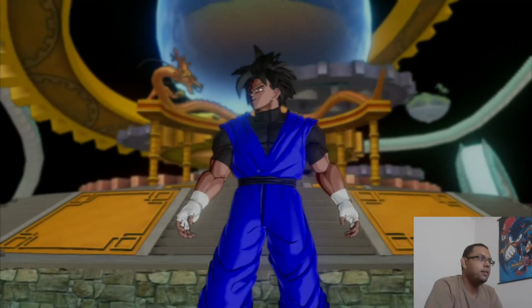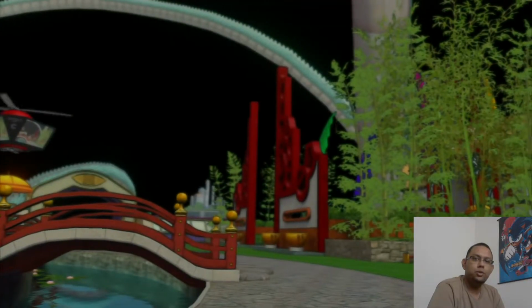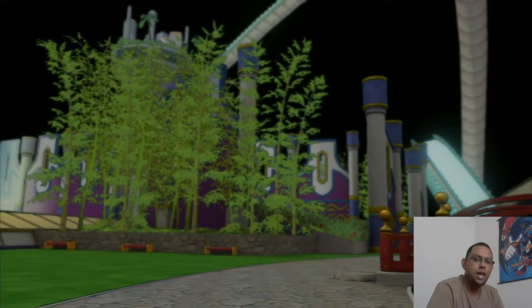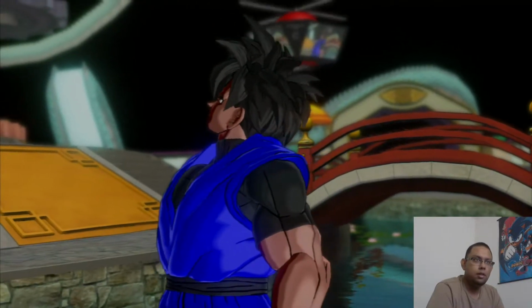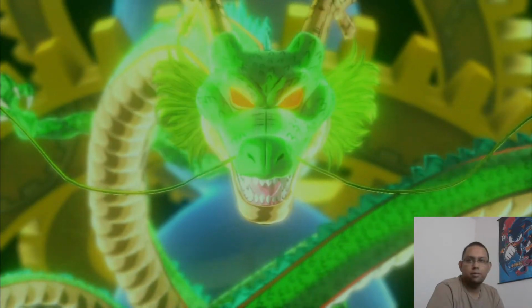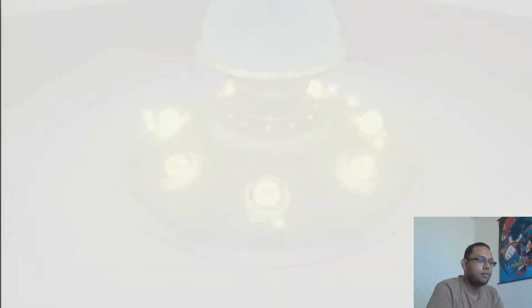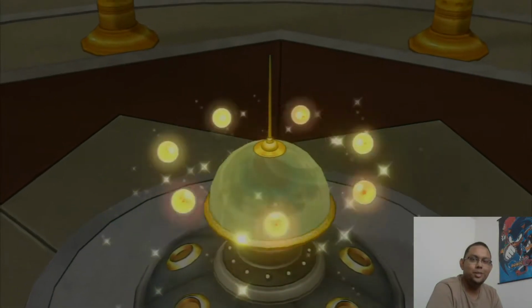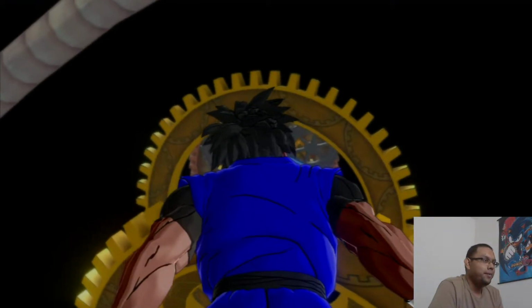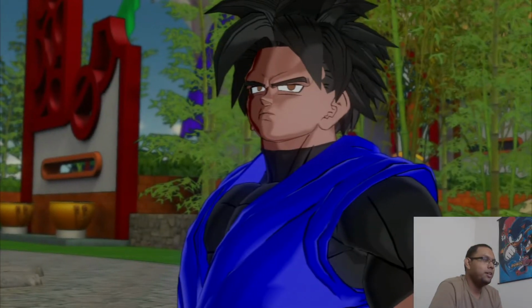He's a Saiyan. It's one of the coolest things about this game that you can pretty much create any race you want: the Earthling, a Saiyan, a Majin, Namekian, as well as the Frieza race. But I chose a Saiyan because I like turning into a Super Saiyan, so... Anyways, as Shenron disappears here,